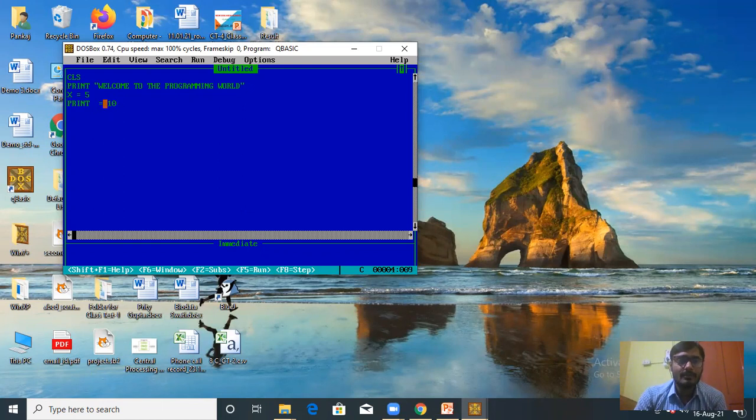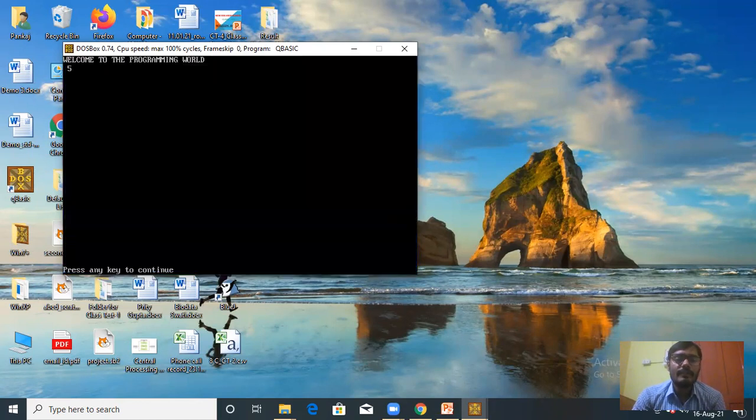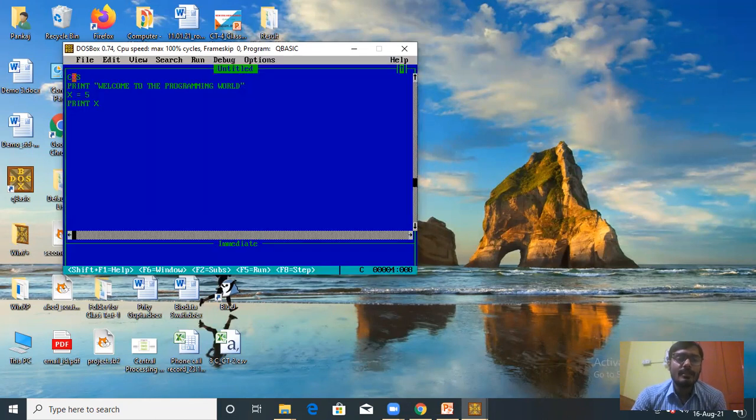Let's see what happened. This is a programming language. Whatever instruction you give to the computer, it will follow the same instruction. Now you can click on run, start. Now its value has been printed. You can see its value has been printed. Press any key. So first you have to initialize the value of any variable. Suppose you are inserting any digit in x. We have inserted 5 in the variable x. Now we have printed the value of x.